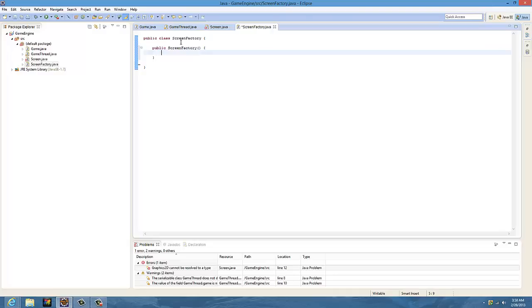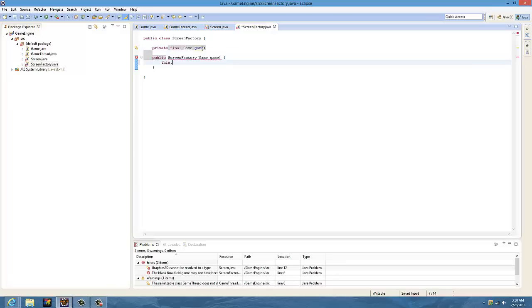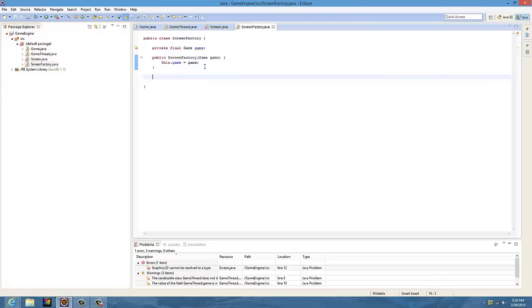And then inside of the parameter, you're going to want to put the game instance. So we're going to type game, and then go to here and create a new game object. So we're going to create a new final, because we don't need to set this anywhere else. It's going to be set in the constructor, and that's it. So this.game equals game. So that the screen factory class can use that object and get access to